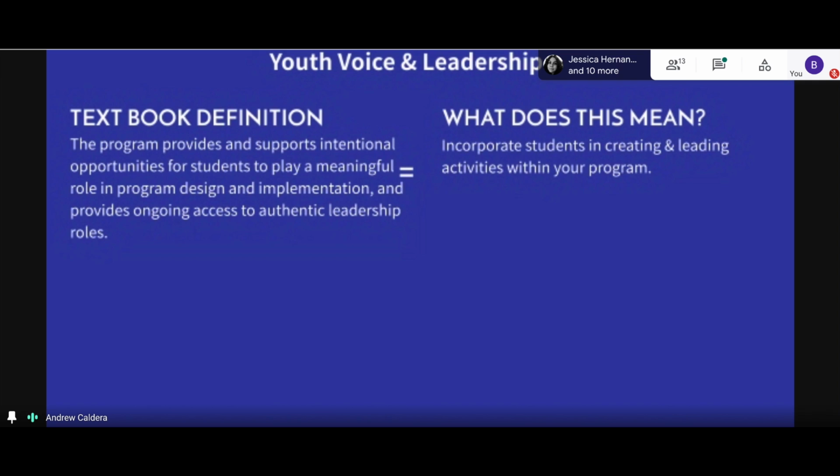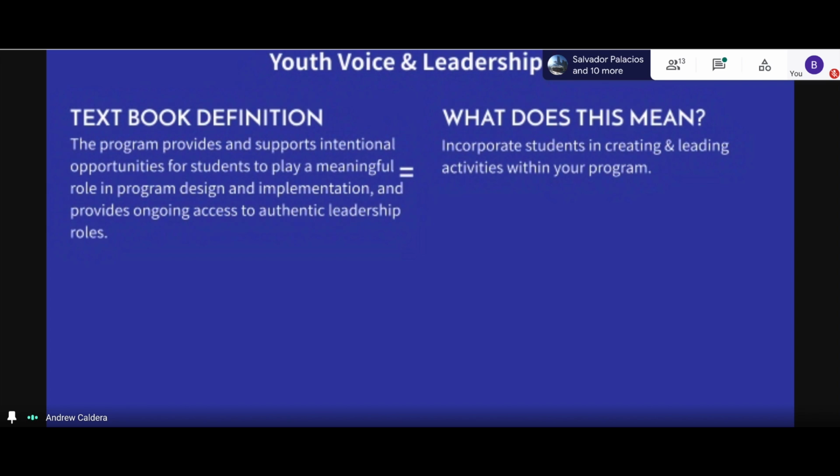So in terms of before the pandemic and still currently, we had SAB, Student Advisory Board. This is a big thing that was created to help give students that voice, help them plan events. They helped a lot in planning a lot of our field trips, and they helped a lot in making those events happen. When it comes to planning a field trip, it's not as easy as, oh, let's go here. It's not just one and done like that.